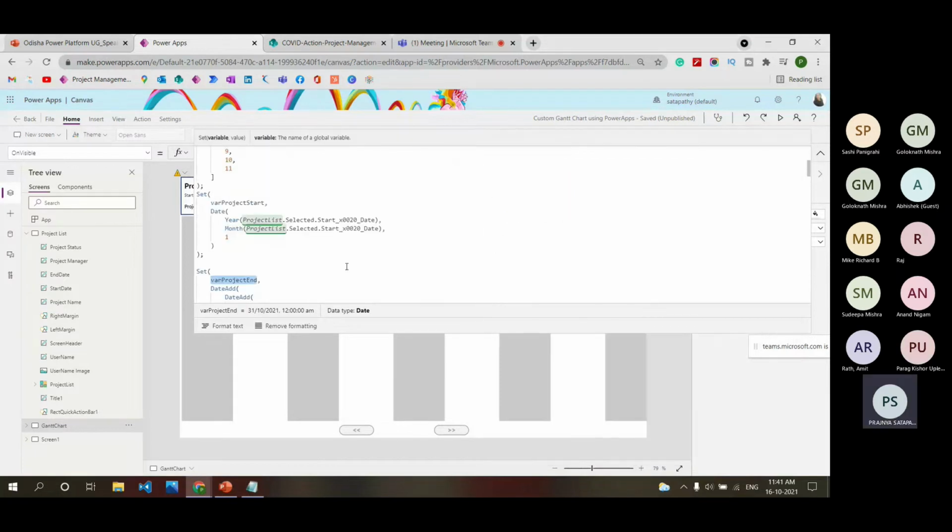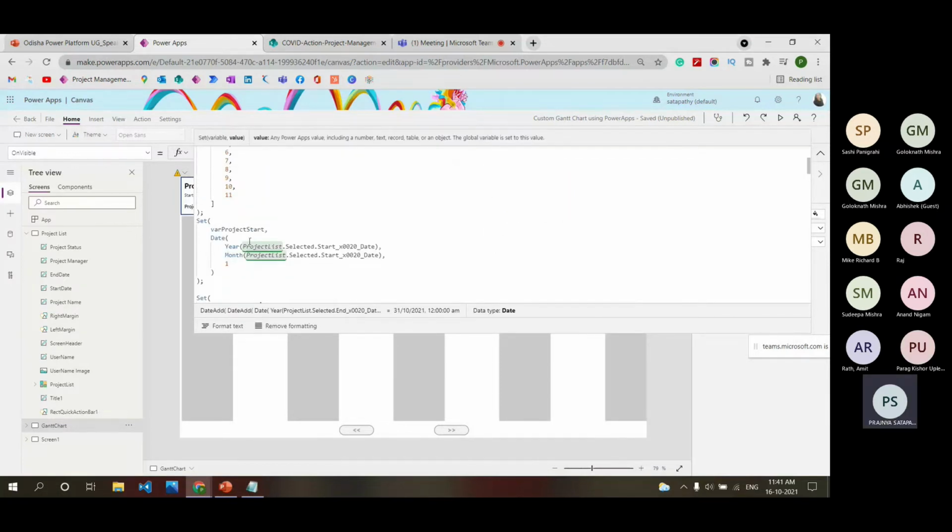date. First of all, var project start gives me the information: suppose I have entered a date in my SharePoint list, say 1st June or anything, and that is displayed in this project list. From that date I find the day and the year. Suppose I don't know which date is selected, so I find out the year of the selected project start date, that is 2021.